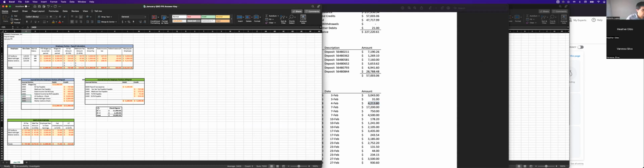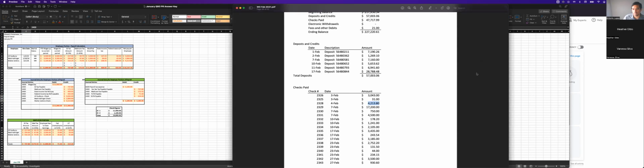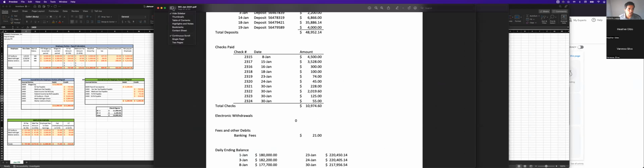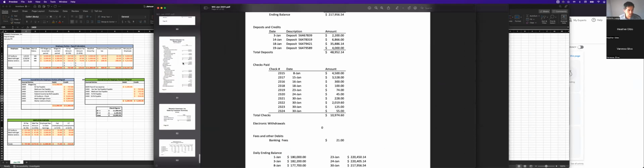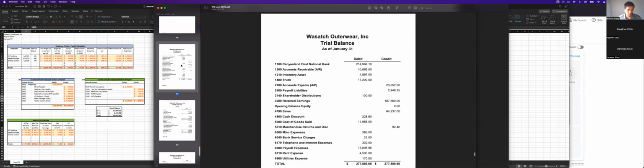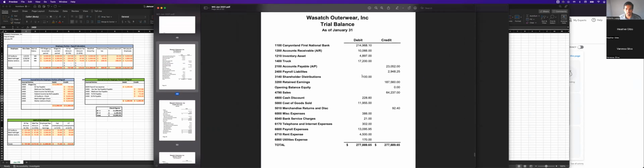Does that mean that our trial balance and the other reports won't be exactly the same because we'll have a different amount for payroll liabilities? No. So the trial balance is going to be the same. The trial balance is going to match these documents, but there's going to be a cash to book difference. I'm not sure if you guys have heard of that term before, but it basically says it's not reconciled dollar for dollar because of timing.